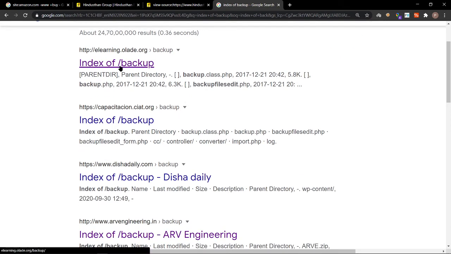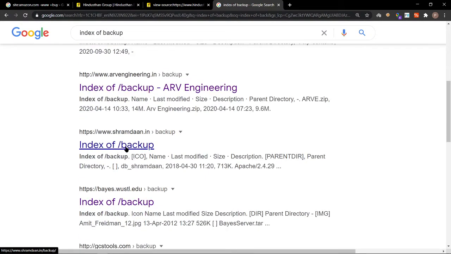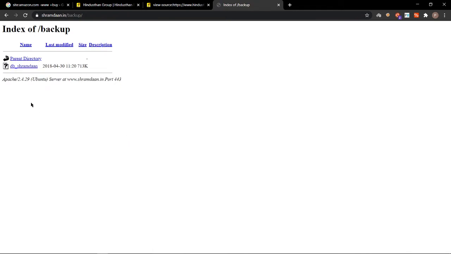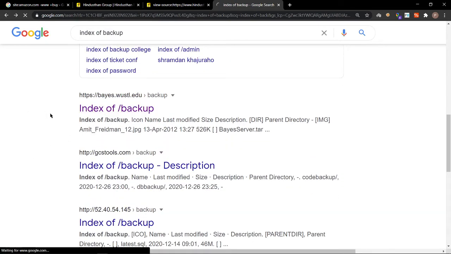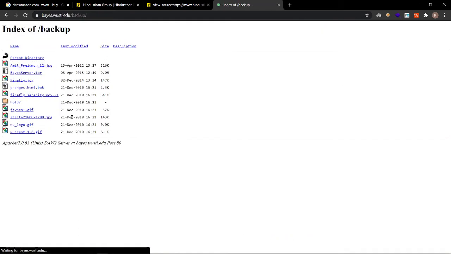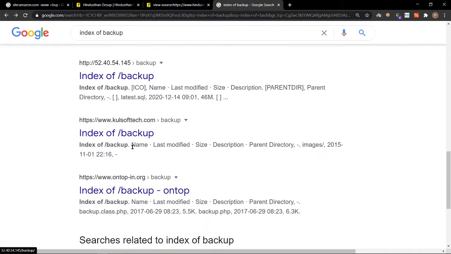Okay, we got index of backup. Sharmadan.in, we got some database results. We got some image files in this website. We can have a lot of sensitive data.